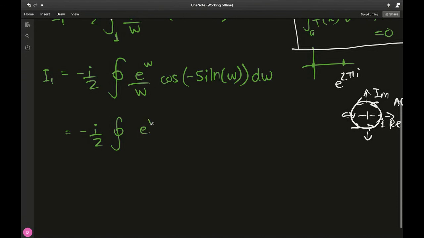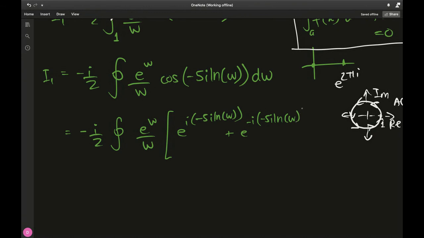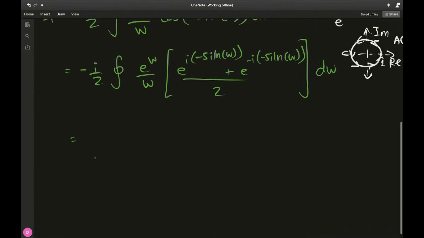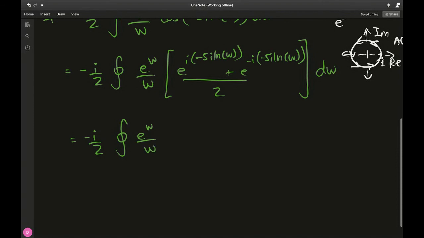So when we do that, we have e to the w over w, and then this will become e to the i times whatever was inside, so negative 5i natural log of w, plus e to the negative i times negative 5i times natural log of w, over 2 dw. Okay, so now we have minus i over 2 closed integral e to the w over w,